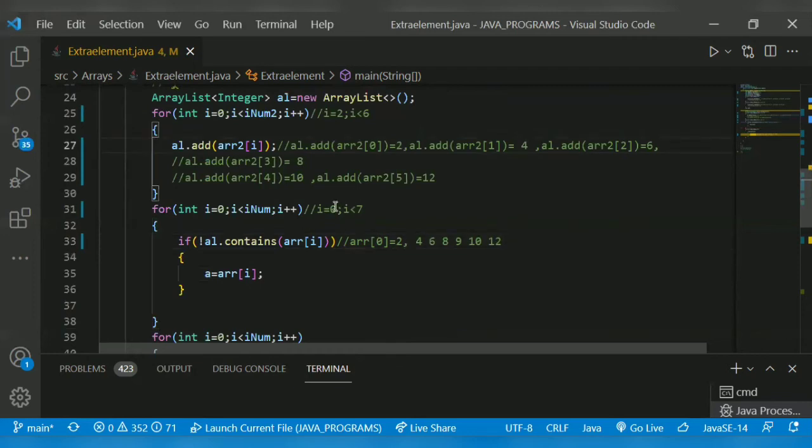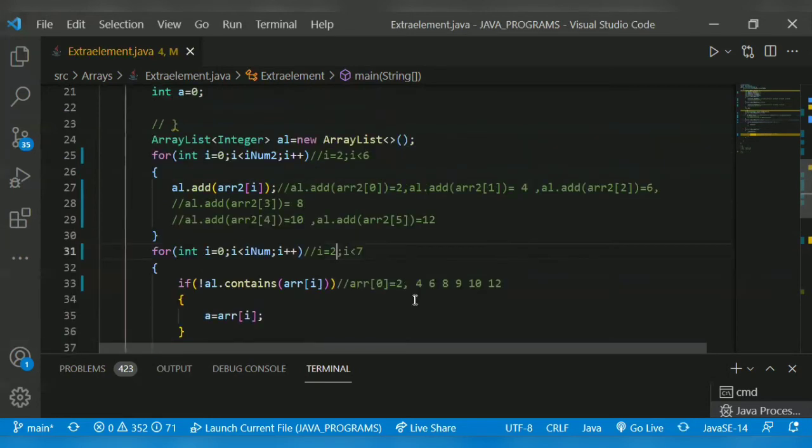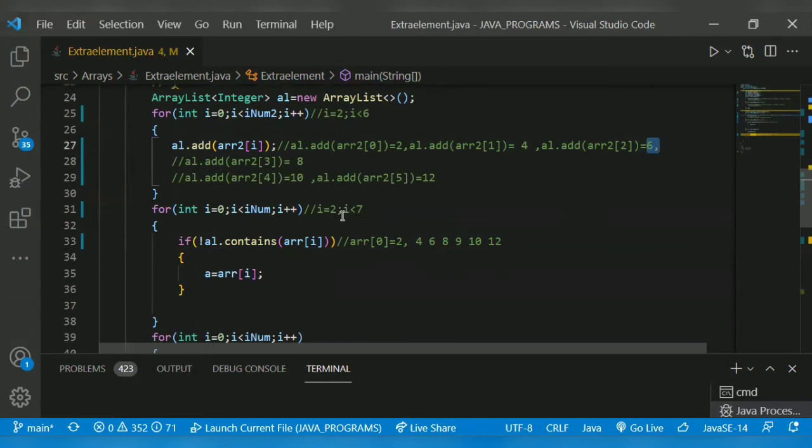So i will get incremented to 1. It checks 4. 4 is present in the array list. Yeah, it is also present. Then i will get incremented to 2. arr of 2 is 6. 6 is present in the array list. Yeah, it's also present, so it does not satisfy the condition. So i will get incremented to 3.